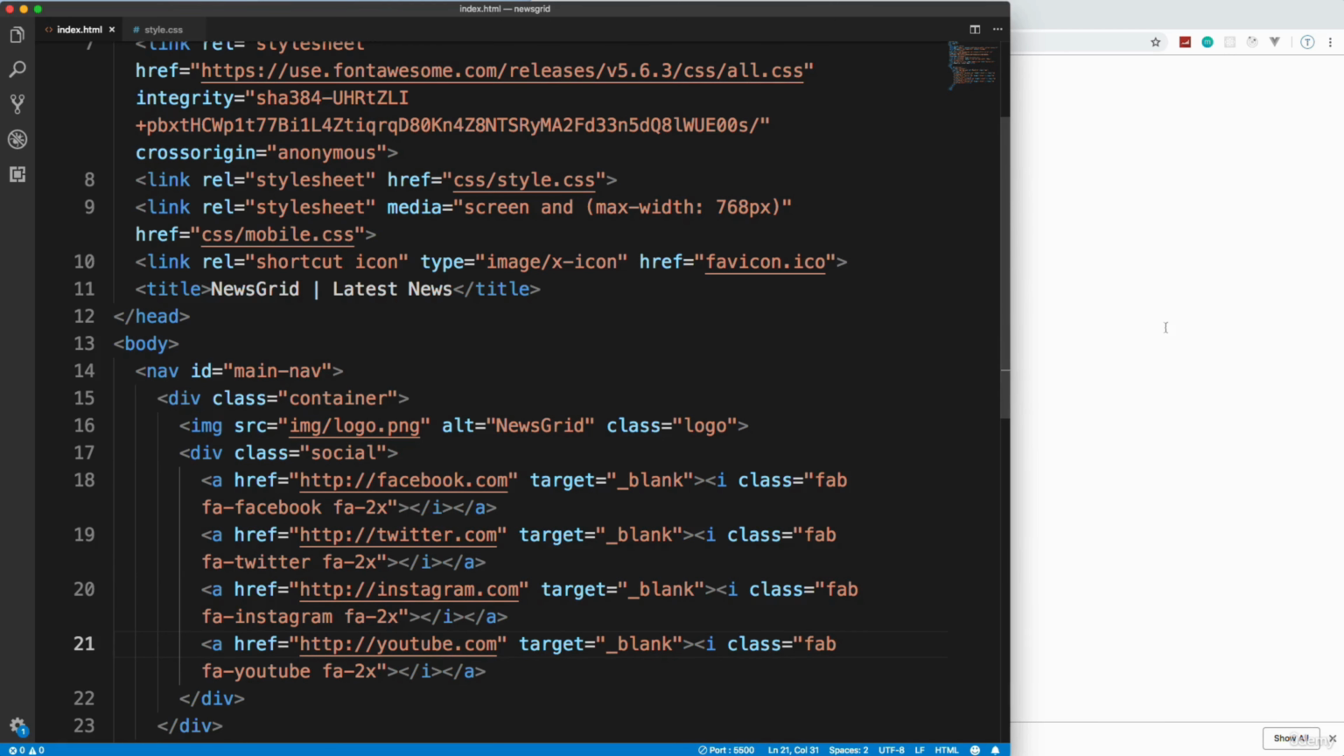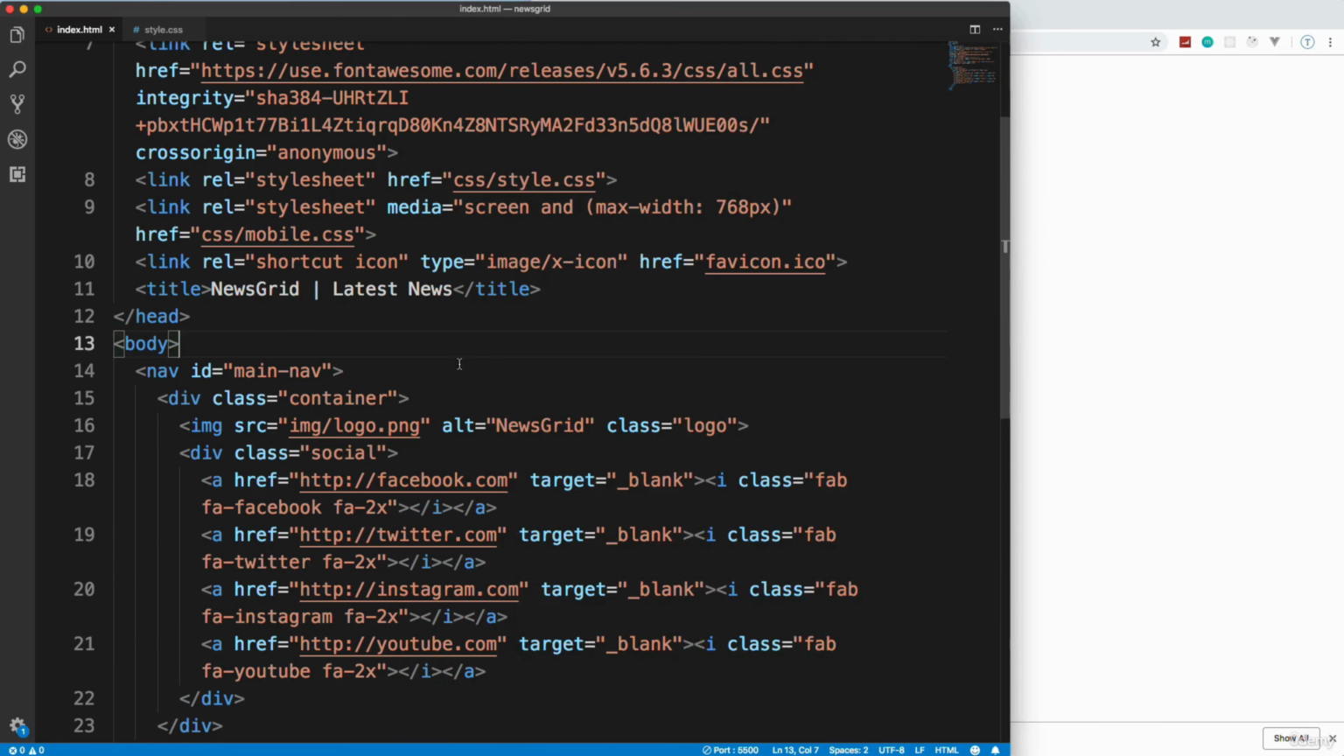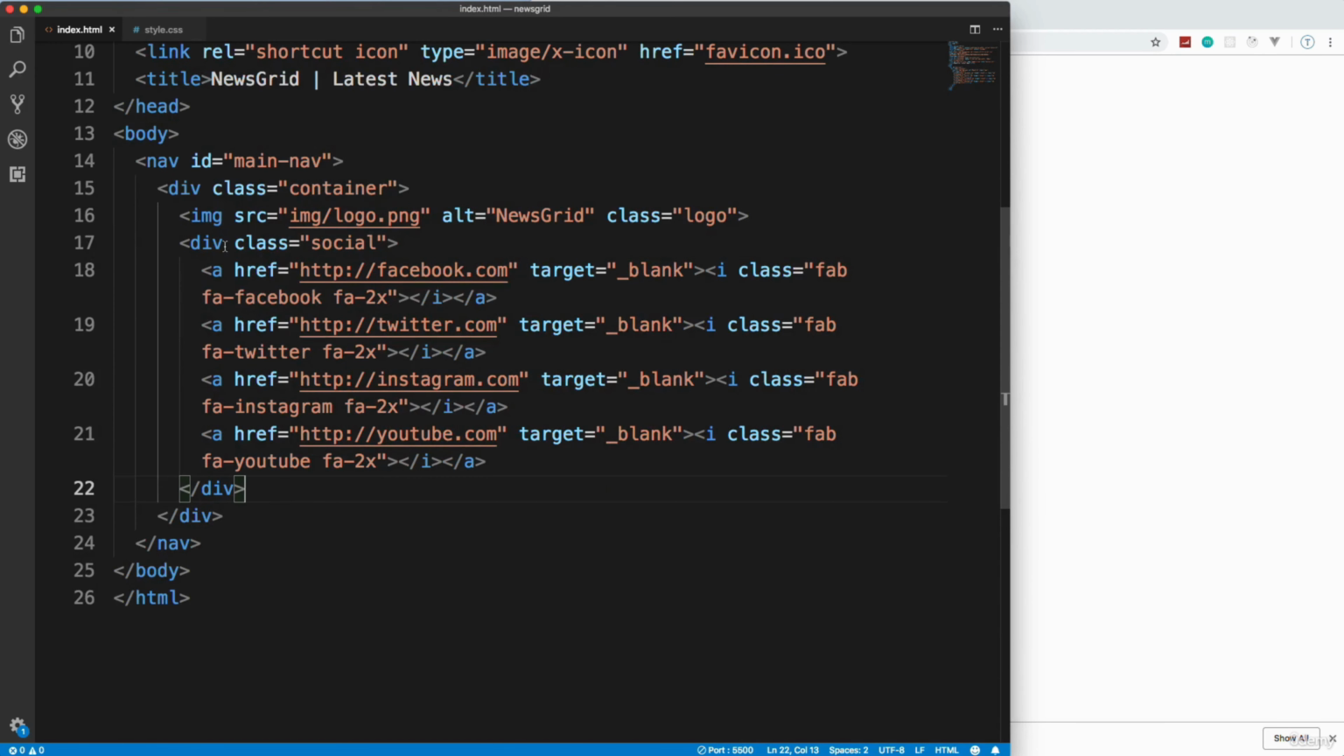All right, so if I save this, we should see this, okay? And don't worry, we'll make this look better. The last thing we need in this container is going to be our links, or our list with the links. So let's do a UL,